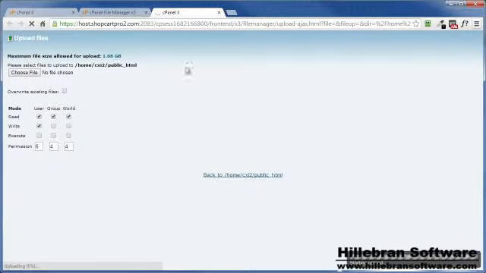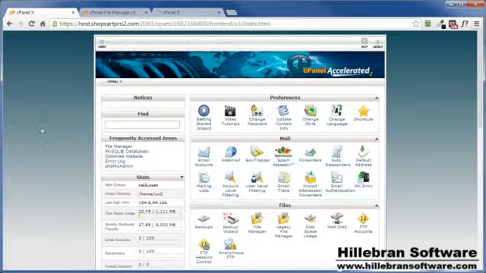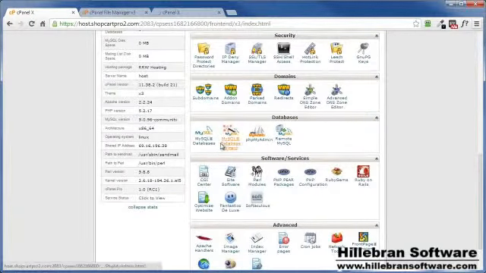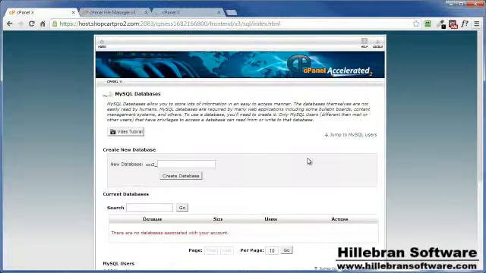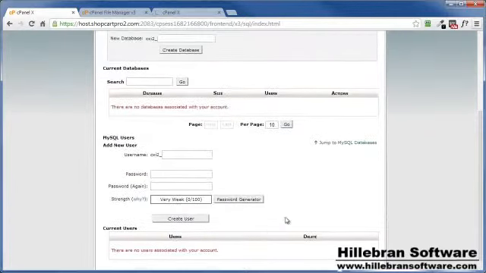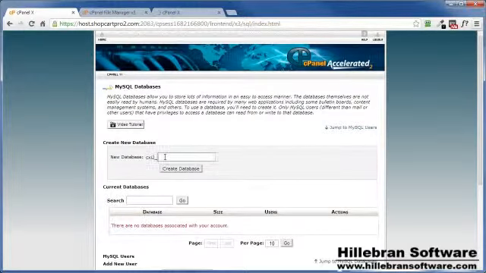And while it's doing that, I'm going to come on back over here to cPanel and create our database. So scroll on down till you get to the Databases panel, click on MySQL Databases, and if I'm going too fast for you, well, that's what the pause button's for. Now we want to create our database here, create a user here, and then tie the two together down here. And I'll get to that here in just a second. But first, let's create our database. Now you can put whatever you want in here, and if you make a mistake, don't worry, because they will tell you in big red letters. Click on Create Database,